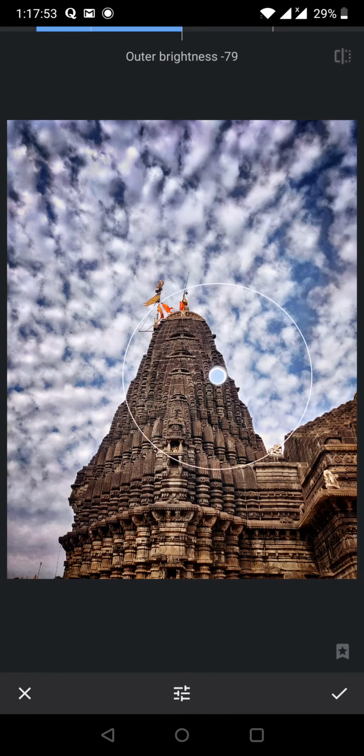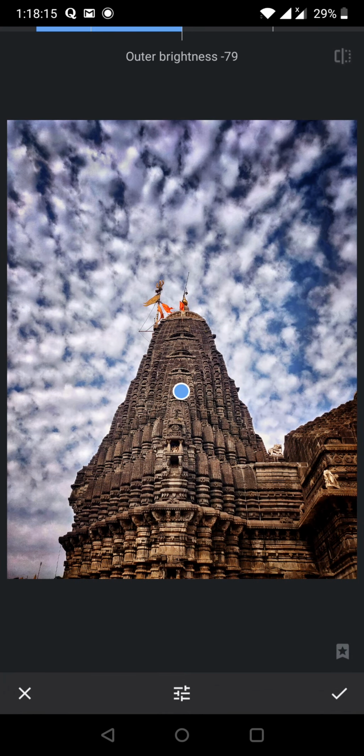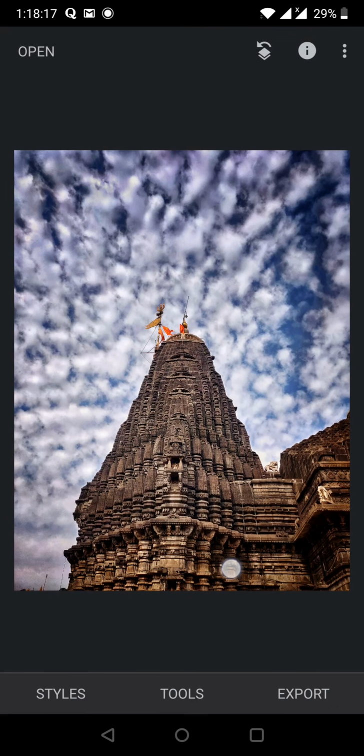I'll try to bring it more dark around the corners. So I have reduced the outer brightness, I have increased the inner brightness. So that's the basic vignette thing. You try to drive the viewer towards an area of a picture where you want it to get focused. And then you can squeeze it, you can expand it to increase the brightness circle.